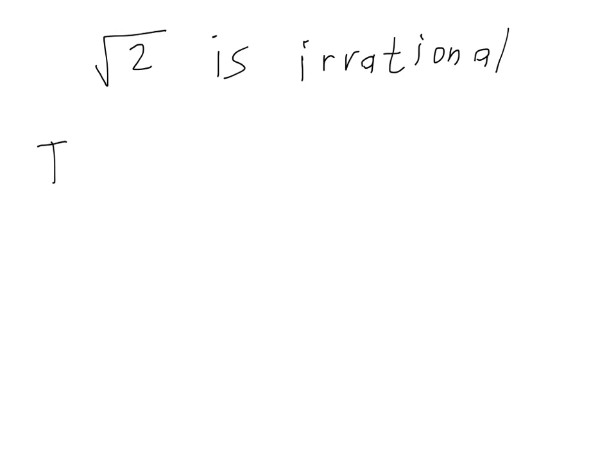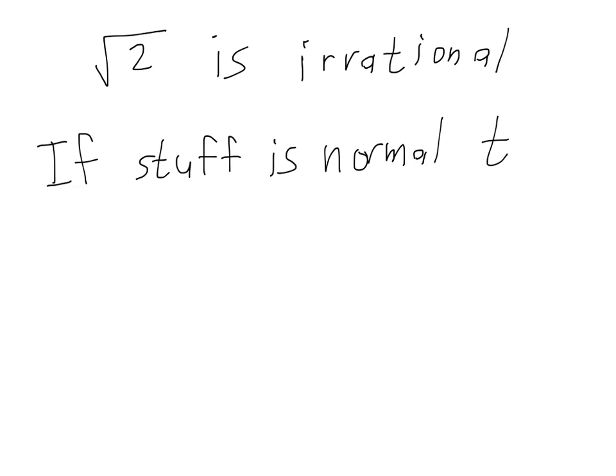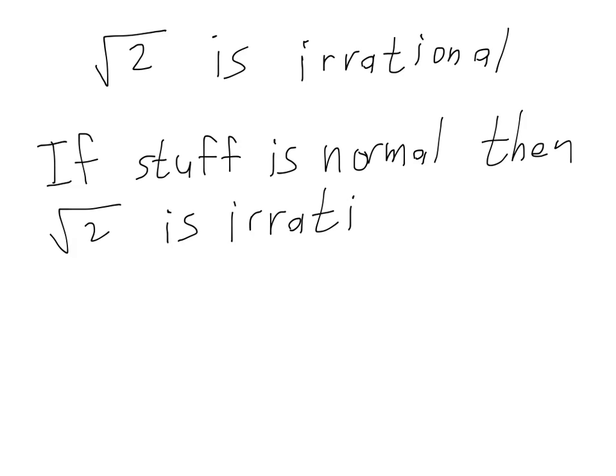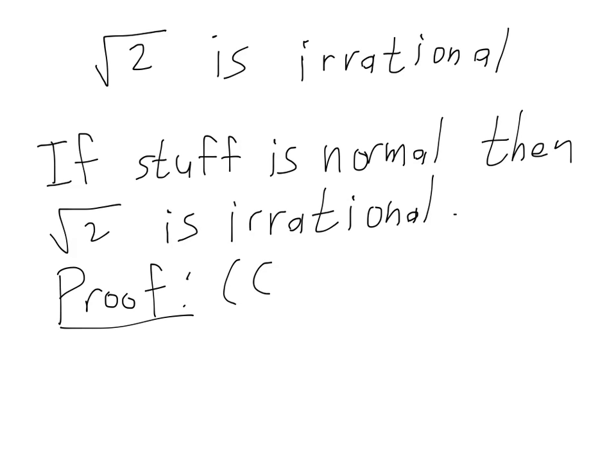If stuff is normal, then the square root of 2 is irrational. So in order to do a proof by contradiction,